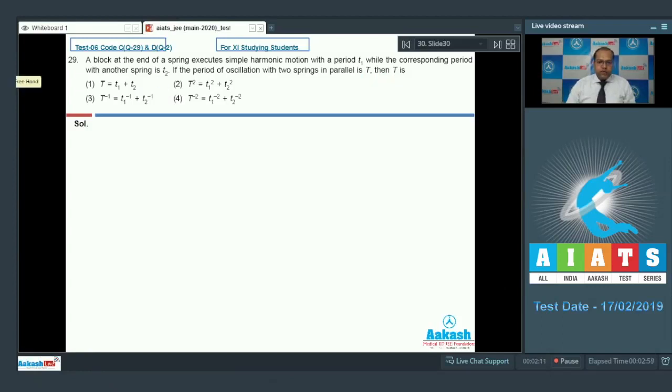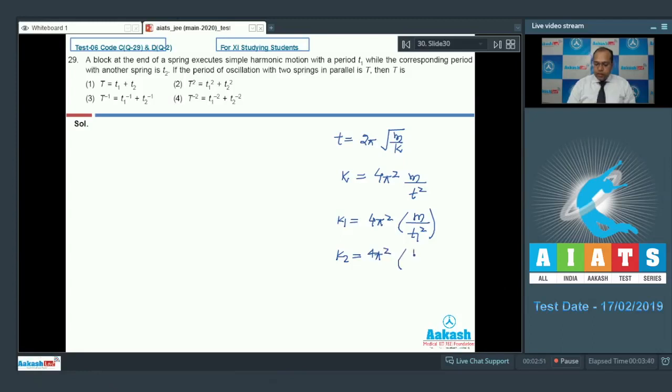So we know that in case of a spring block system, time period T is given by 2 pi under root M by K, or we can say that K is equal to 4 pi square M by T square, where T is the time period. So in case of first spring, it can be written as 4 pi square into M by T1 square, and in case of second spring, whose spring constant is K2, it can be written as 4 pi square into m